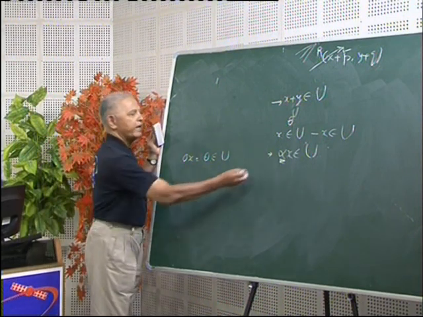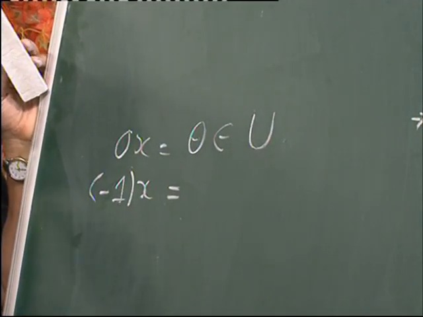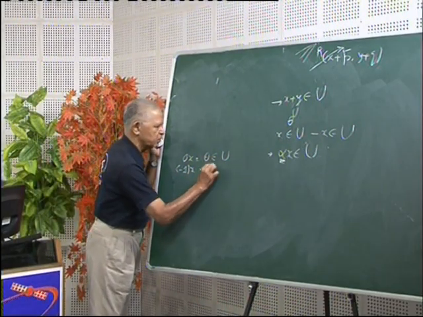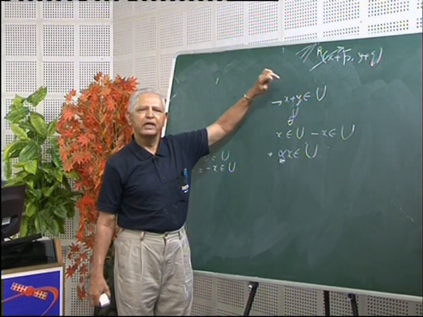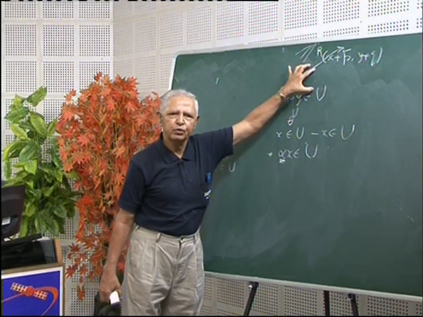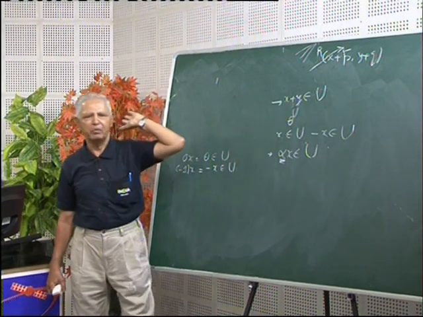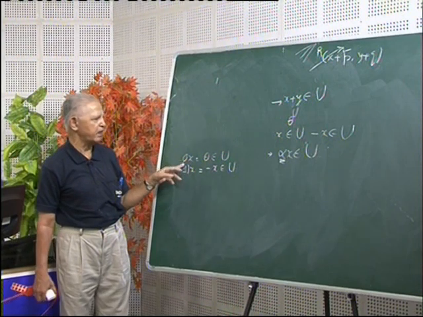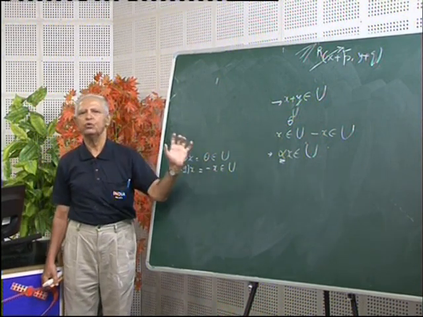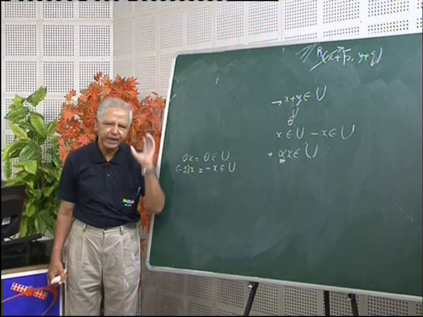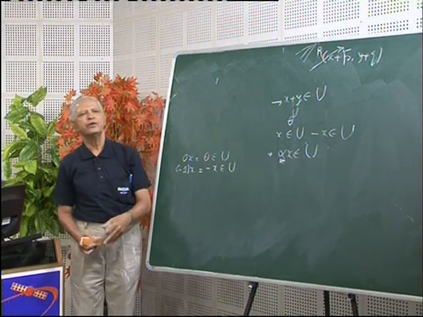and taking alpha equal to minus 1, we get minus 1 into x, and just now in the first theorem we proved that minus 1 into x is equal to minus x, so it also belongs to U. Moreover, the first property says that vector addition is a binary operation on U. So U is closed under this binary operation, and for a real number alpha, alpha x also belongs to U. From these two properties we derive that the 0 vector belongs to U and the inverse of a vector also belongs to U. And so U becomes a vector space itself under the addition and scalar multiplication of the vector space V, and so U becomes a subspace.